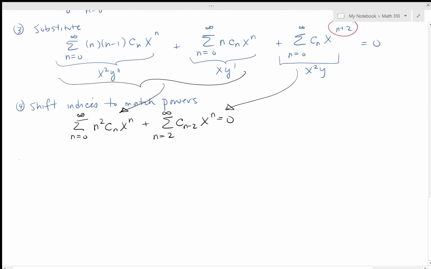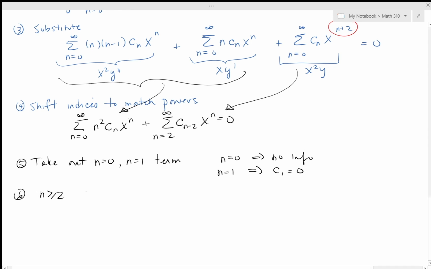Okay, then next step, take out the n equals 0 and the n equals 1 term. And when I do that, the n equals 0 term, I get no information. In the n equals 1 term, I find out that C1 is equal to 0, exactly as I did in the previous example. And then I take a look at the n greater than or equal to 2 terms of